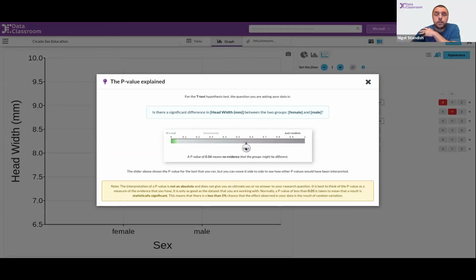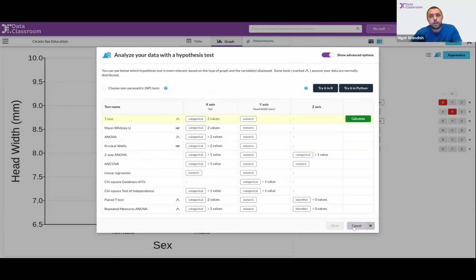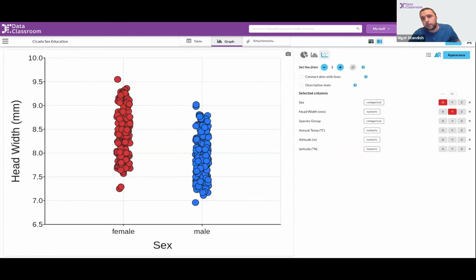But as I drop down, I can see the text changing to maybe there's some indication the groups might be different. There's some confidence the groups might be different. There's strong confidence, and then there's extremely strong confidence. The students see that p is kind of a scale value. All right, so we've made our first graph, and we've run our first statistical test, and I'm going to pop